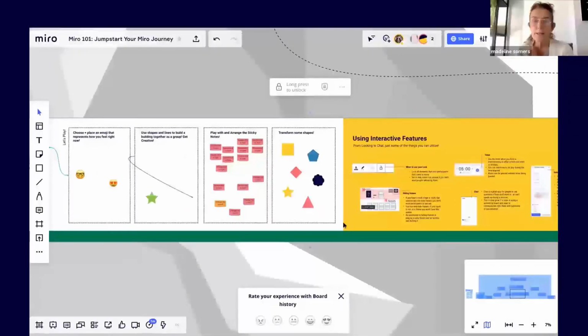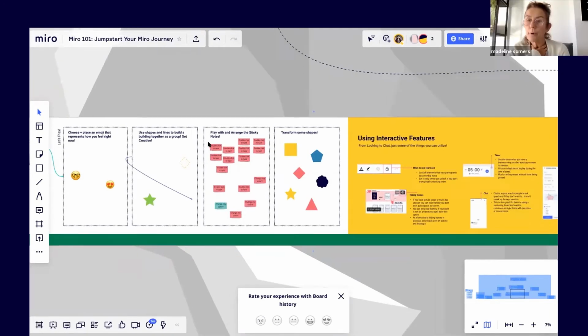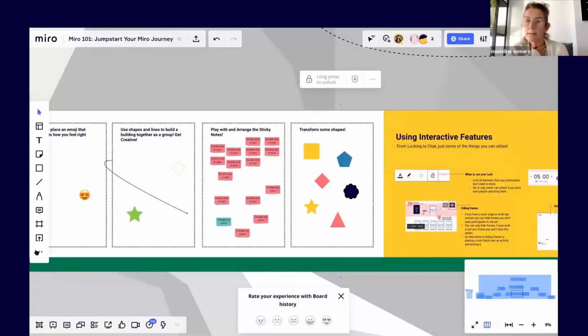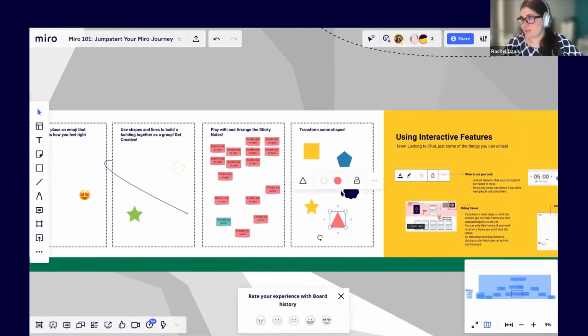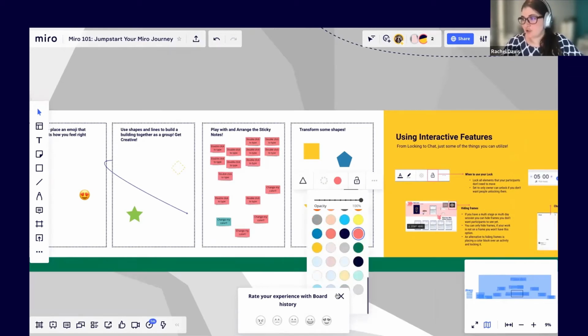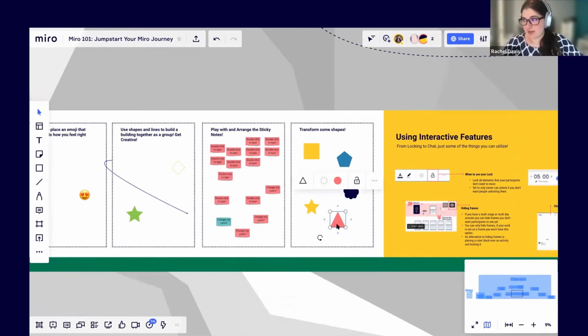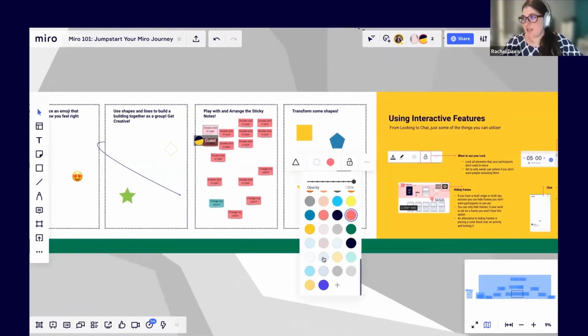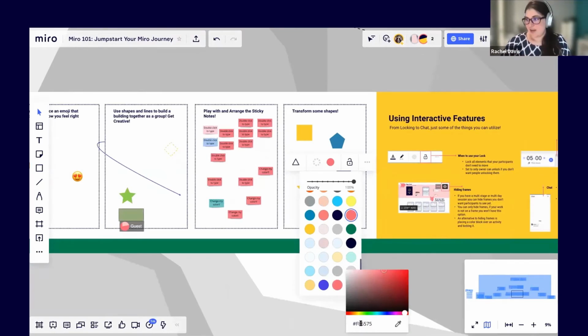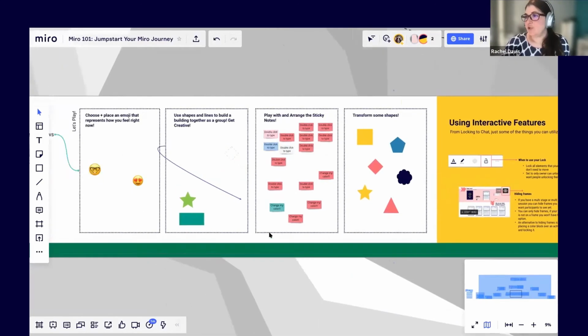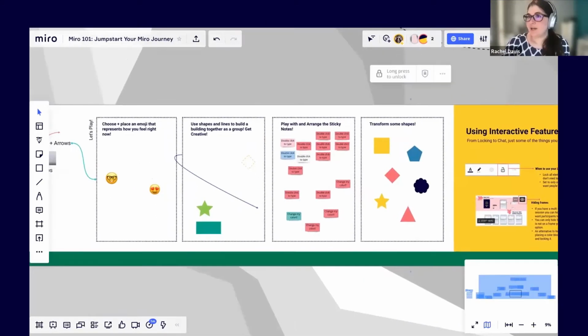Speaking of custom and branding, fonts. Can you upload your brand font and your brand colors? So your brand colors you can, because you just add them with the little plus sign here. So what I'll usually do if I'm creating a board for a client and I want the brand colors is I will add them all right away. I'll put the hex codes in here.